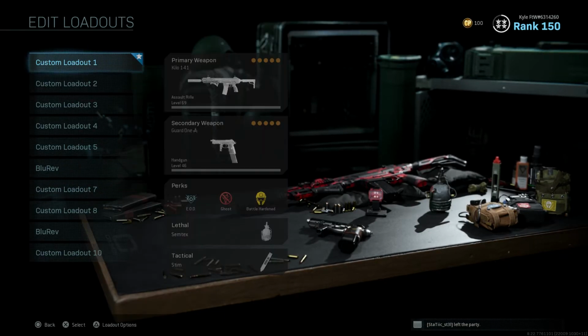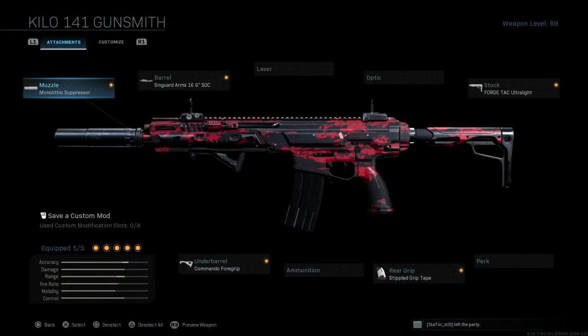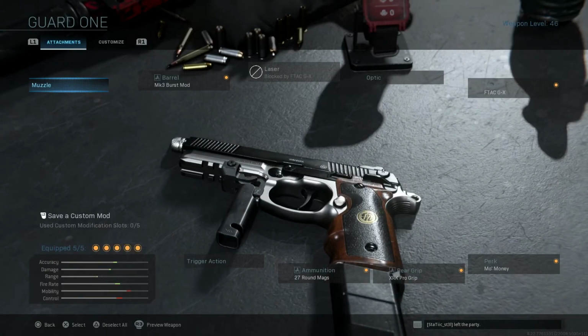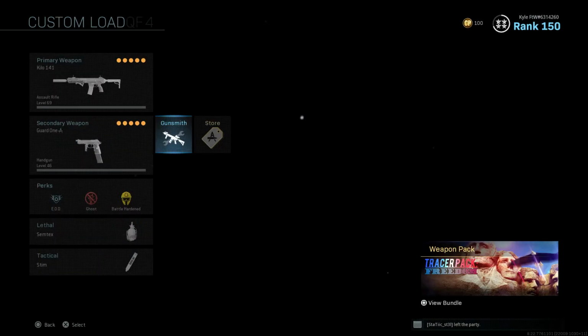And now we'll go ahead and talk about my loadouts really quick. So these are all of my classes at the moment. I have my Kilo 141 class with the Monolithic Suppressor, Singuard Arms, 16.6 inch SOCOM barrel, the Forged Tack ultralight stock, the Commando foregrip, and last but not least the stippled grip tape. Here's my Renetti as my secondary with the MK3 burst mod, the 27 round mag, the XRK Pro grip, the Mo Money perk, and then finally the FTAC